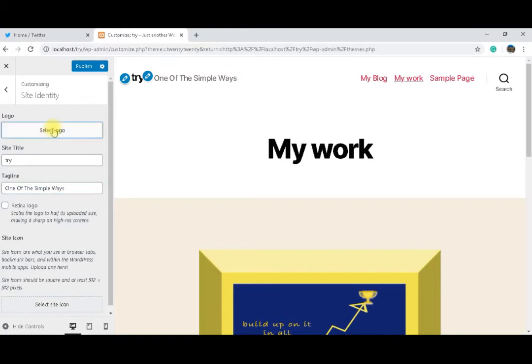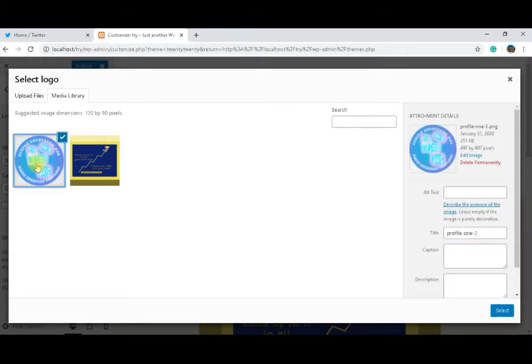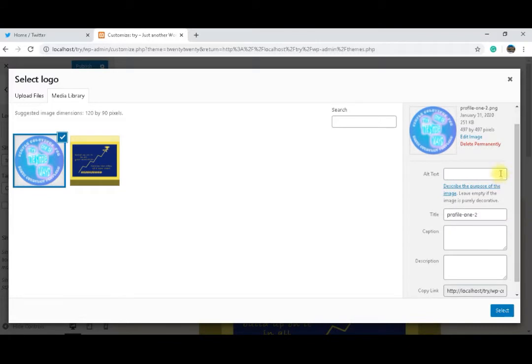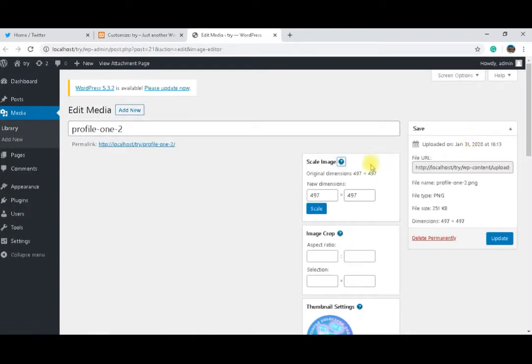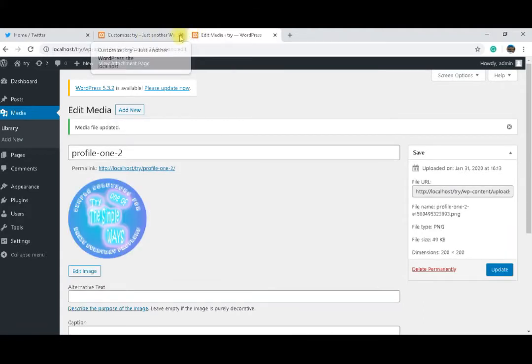So first we will select a logo. I had uploaded the logo of the channel to here. If we click on it, it's coming in 497 by 497 pixels. You can decrease this size. If you like, you can edit this image to decrease the size, but it will be sliced from here. It's better to edit this image. You can scale it from here. For example, I needed a small one. We can leave it as it is, but it will appear big on the screen. So I'll make this one 200 by 200, and I'll scale it, and I will update. Close this tab,